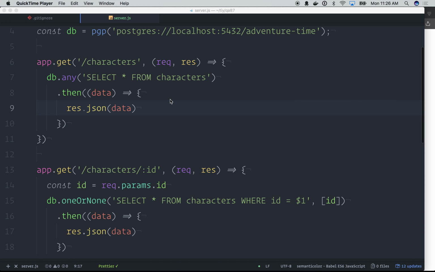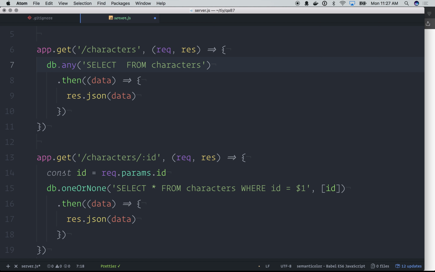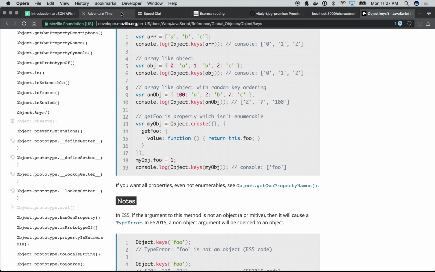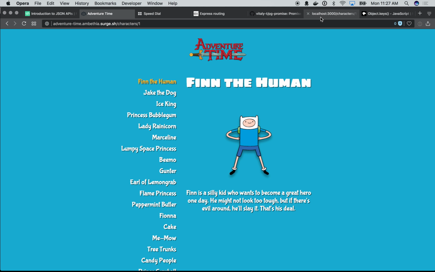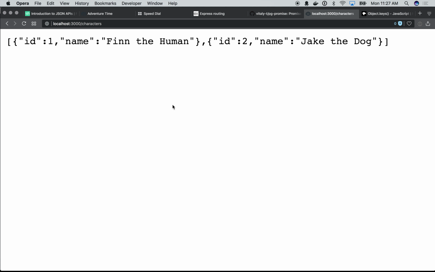So we built this little server that I can ask for all of the characters and that I can ask for one character's info, right? What we're going to do is let's actually do this. Let's select ID and name from characters, right? So when we go to the list of characters here, we get back just a summary, like a table of contents,